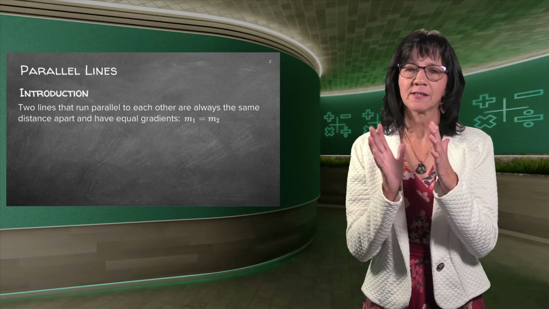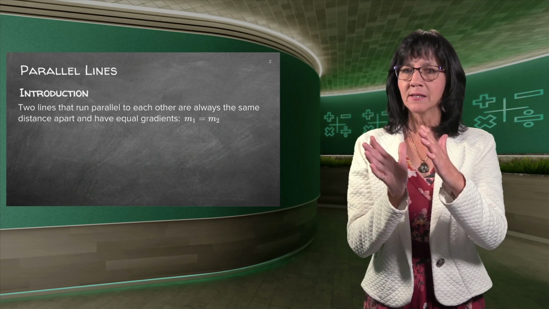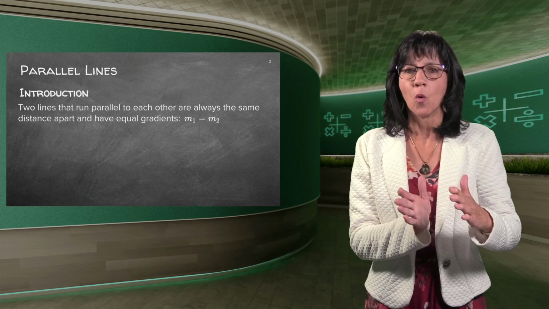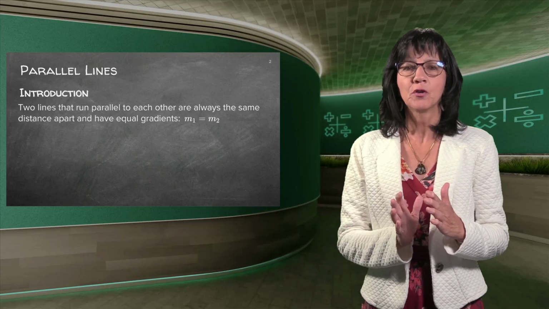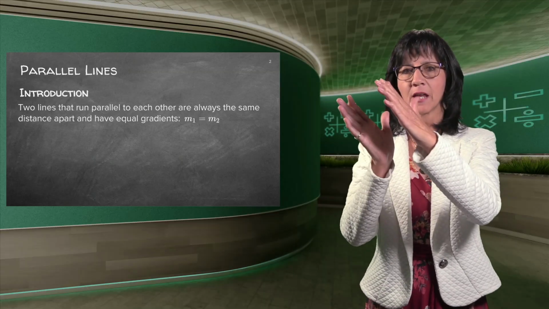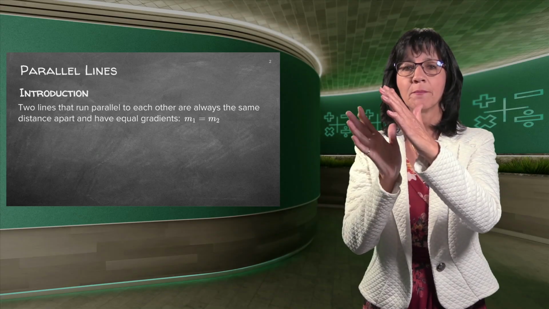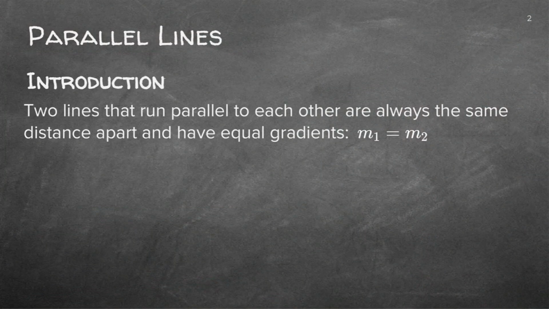I'm sure you do understand what parallel means. It's like a train rail. They never meet, they're the same distance apart all the time. Now you can think for yourself, if I show you this line and I show you this line and they're the same distance apart all the time, they've got the same slope or the same direction. In other words, there is the important thing.